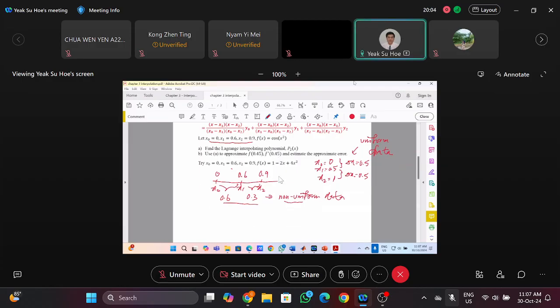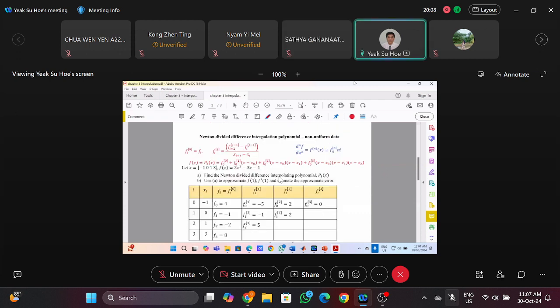So now we go to the second. Newton divided difference. Newton divided difference also applies for non-uniform data. It means that your S increments are different. So, for example, the first S0, S1, S2, S3. So this is S0, this is S1. So what is the increment? The increment is H equal to